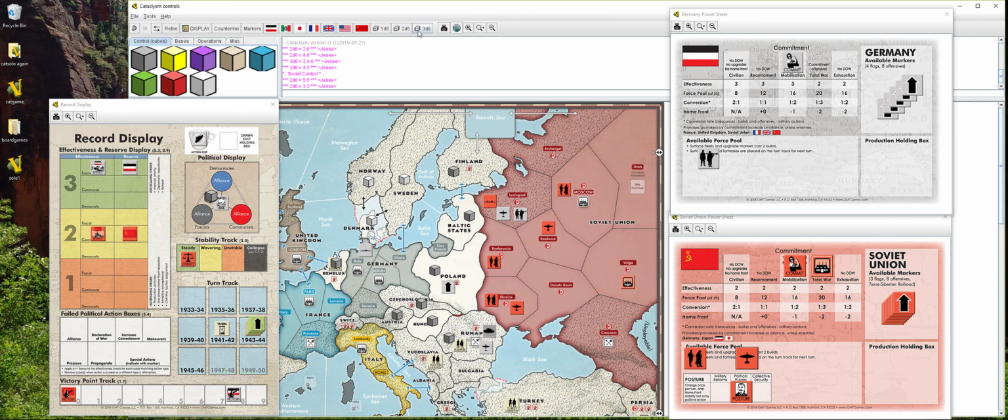German 3, they roll a 5. Soviets roll a 3. Ouch. So that's a clear defeat for the Soviets. They aren't going to have a disaster because they didn't have any land units there to suffer that blow. The Germans also didn't quite manage to triumph, but the Germans did manage to conquer